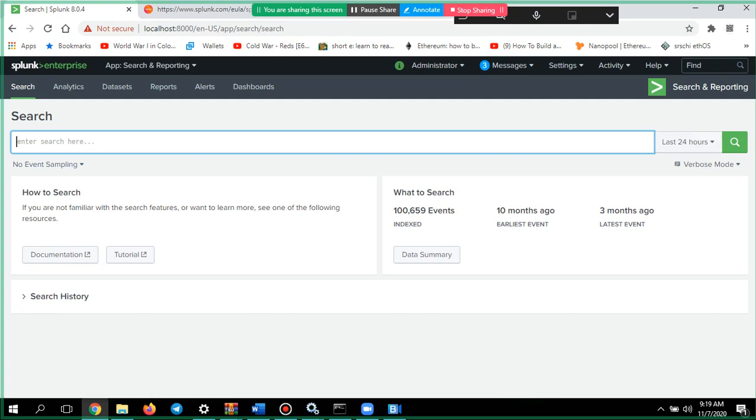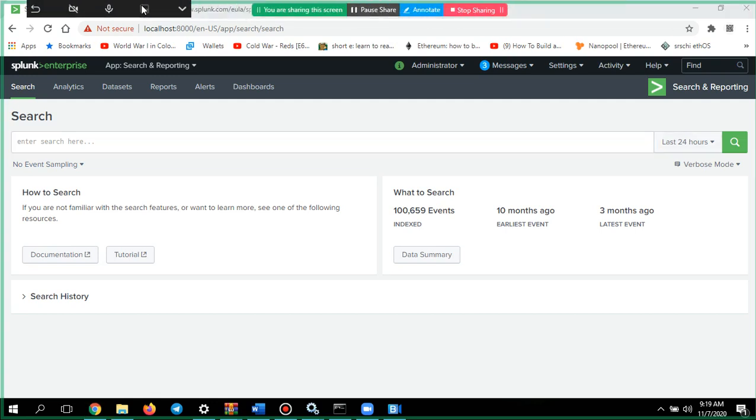To work with Splunk, first of all, why are you using Splunk? Splunk is an analytical tool. Companies have so many networking and security devices in place, each doing its own job. Also you have so many application servers.